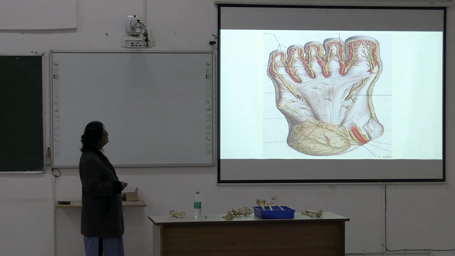Next, see, this is sole of the foot, this is plantar aponeurosis, and these are the muscles covered by the deep fascia, and these are the vessels you can see, digital vessels, digital nerves, this is lateral plantar nerve, medial plantar nerve. Next,